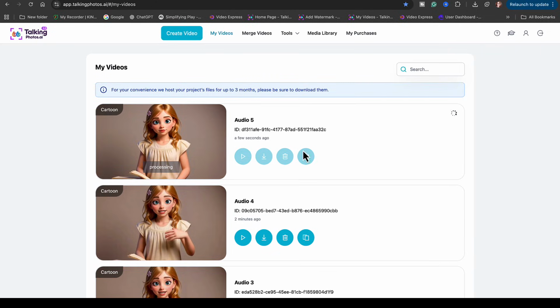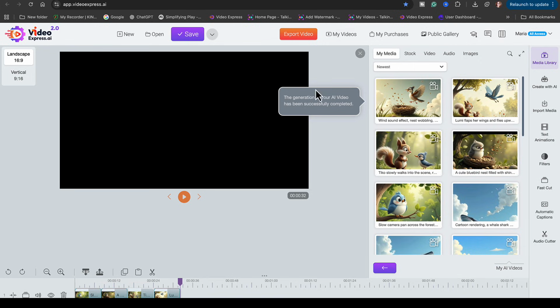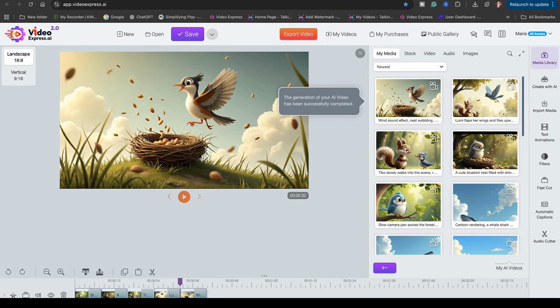Let's just wait for a second while it's generating. But while we're waiting, we're going back to Video Express and let's check if it is finished. Alright, so now this one is finished. We're just going to drag it over here. So scene 1, scene 2, scene 3, scene 4, scene 5, and I'm going to continue creating all the scenes